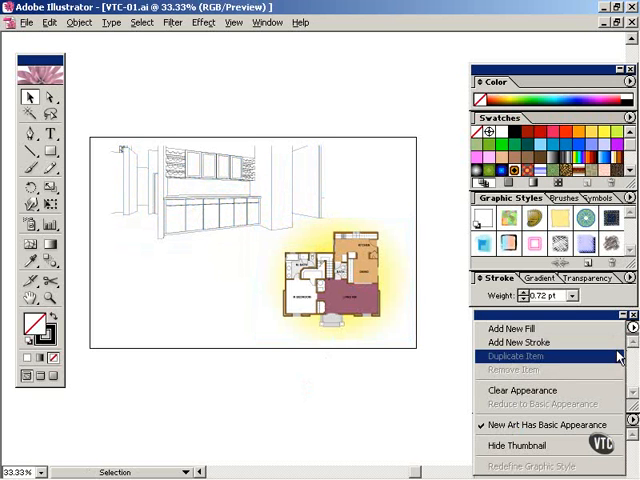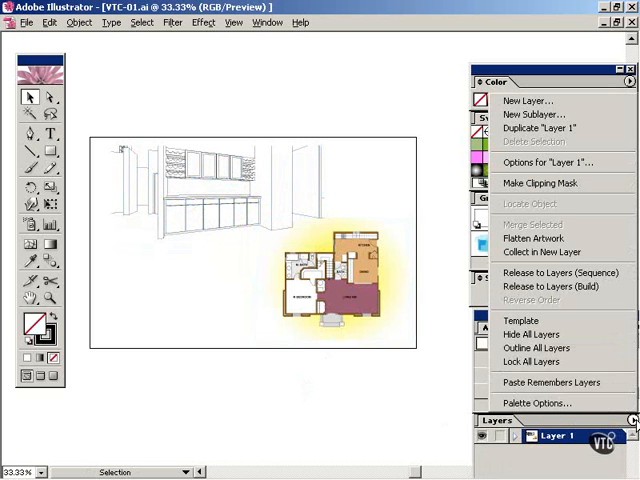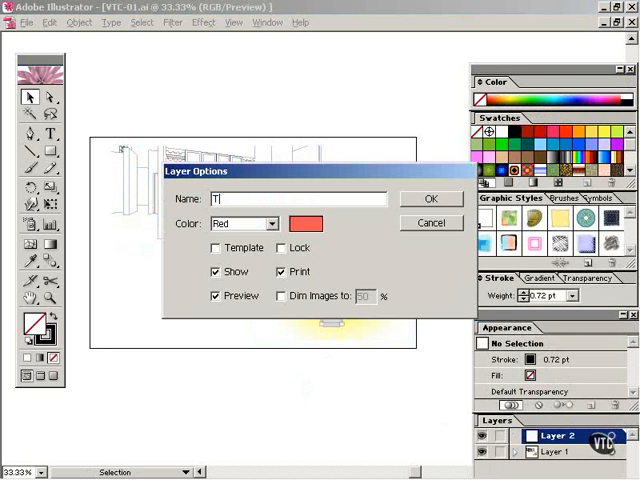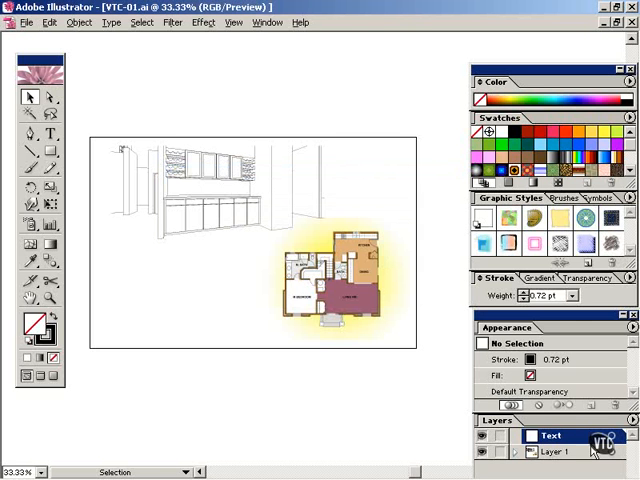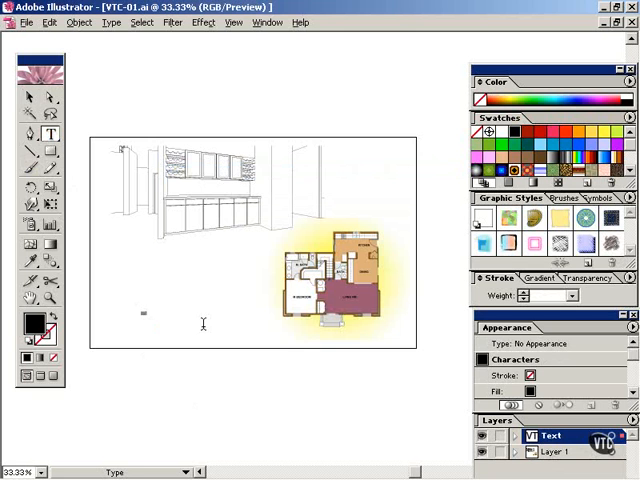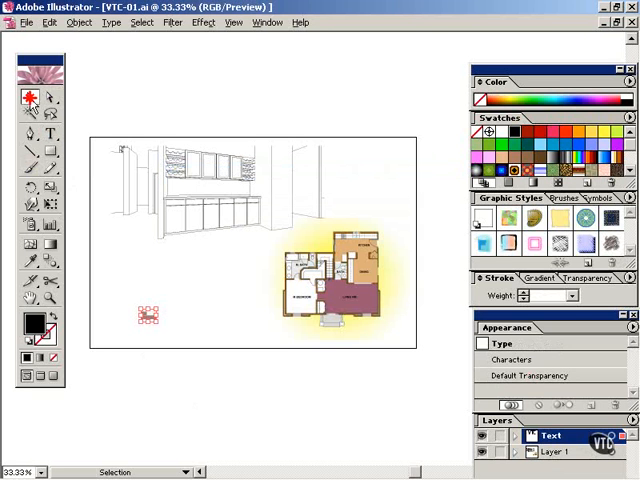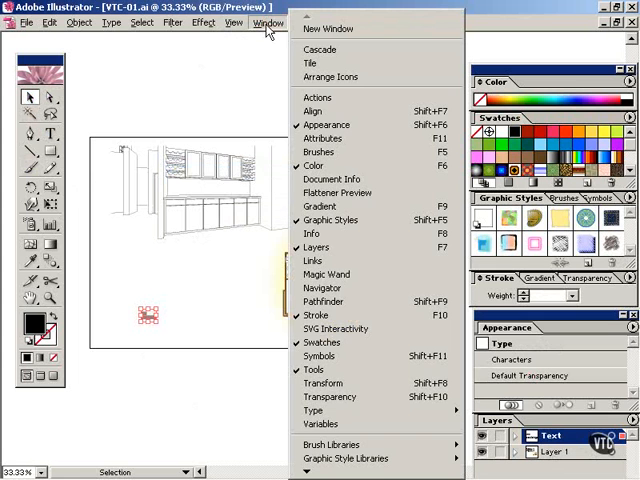I'll create a new layer, selecting from down here, New Layer. This will be text. It's the current layer. I will place text in this drawing. Giving it a name. It's still too small to see, so I'm going to select Window,